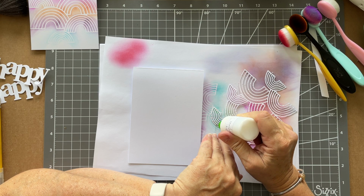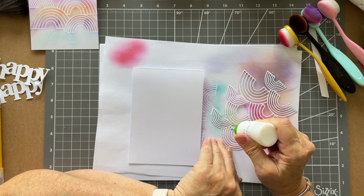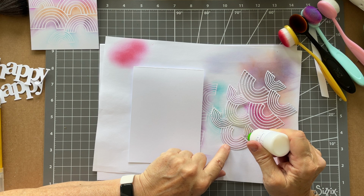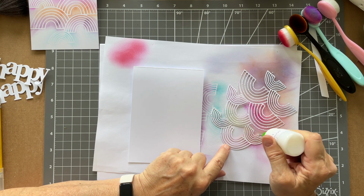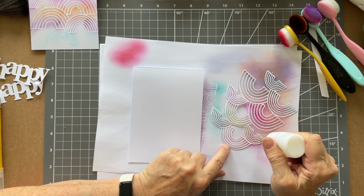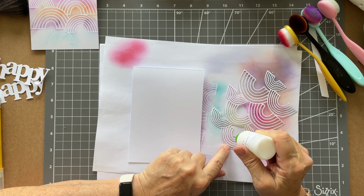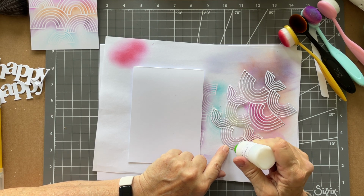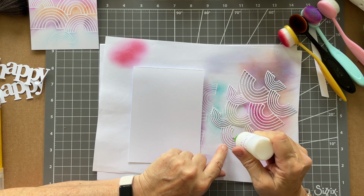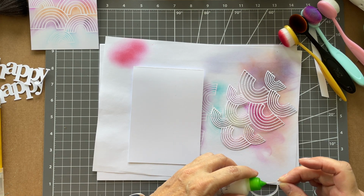So anyway, this is actually quite therapeutic. You could as well, you know, when you put it all over your hand and then you just dab it on there, you could do that with this. Another thing you could do, I always think of these things afterwards, is die cut it out with double-sided adhesive, and then you just peel the back of that off and stick it down and you're good to go. That will just be nice and easy. Let's just pop my lid on,